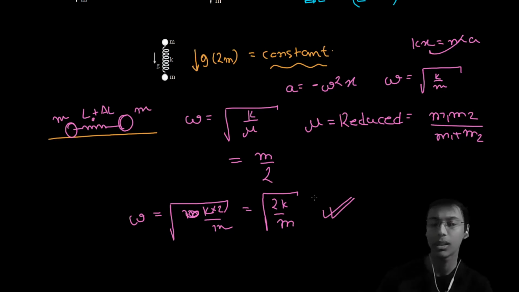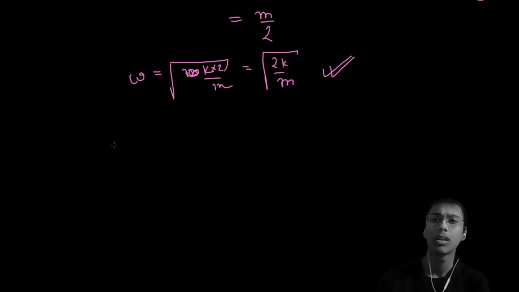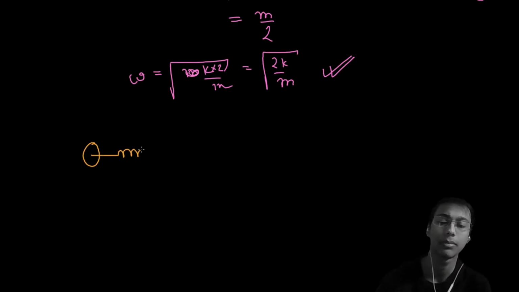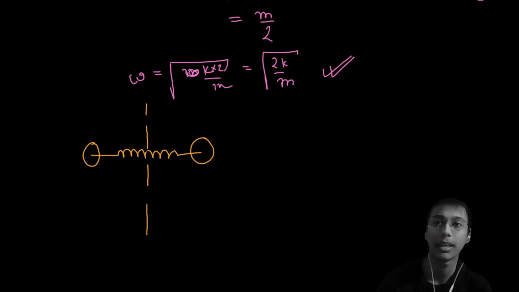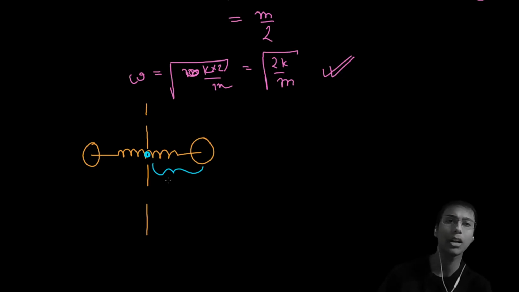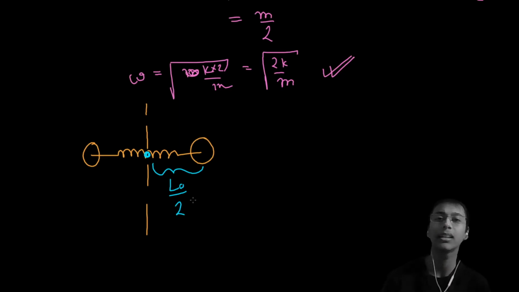What do we have to find now? Let us scroll down. Now suppose you are sitting at the center of mass of the system, the blue colored person here. Very initially, what would be your intuition about this length? This part of the length, without being stretched, would be nothing but L0 by 2, because initially the entire length was L0, and as both masses are identical, this side is L0 by 2 and that side is L0 by 2.